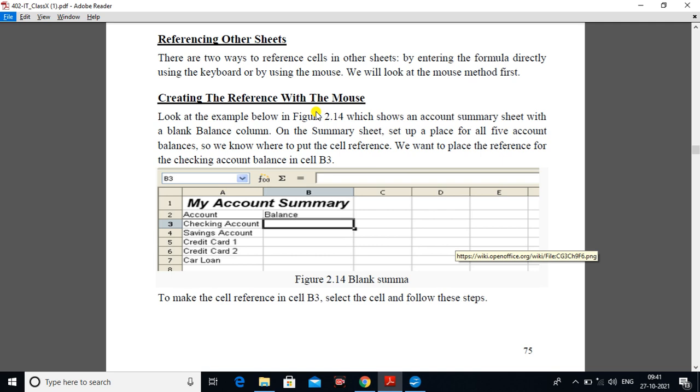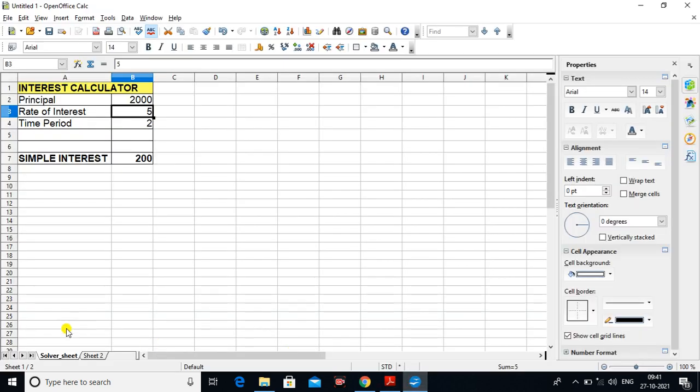Let us look at it practically. Here I have already created one sheet named solver sheet, and it is for calculating simple interest. Here I am taking principal, rate of interest, time period, and simple interest is calculated here.